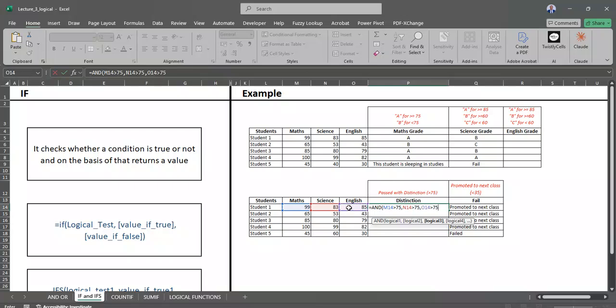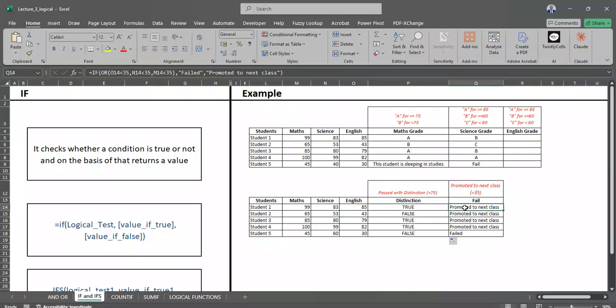So we said this gives us a true, right? A true false. It gives us a true false. Right? So we now want to check if the student passed with a distinction. So this is giving us a true false. So we now come